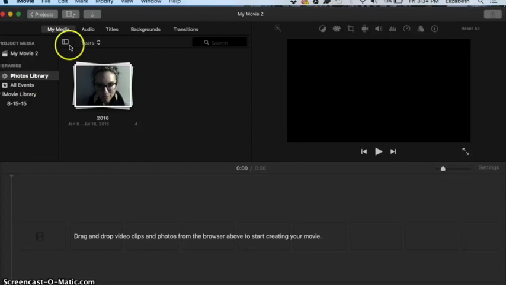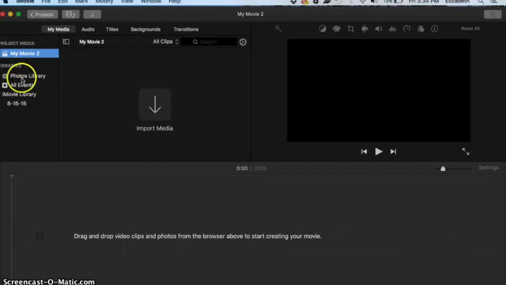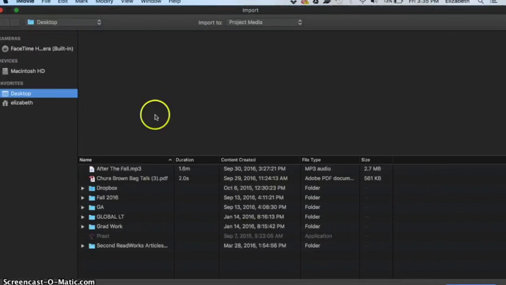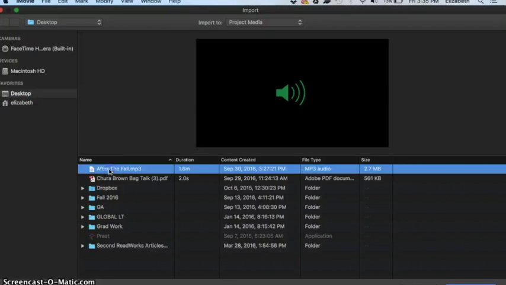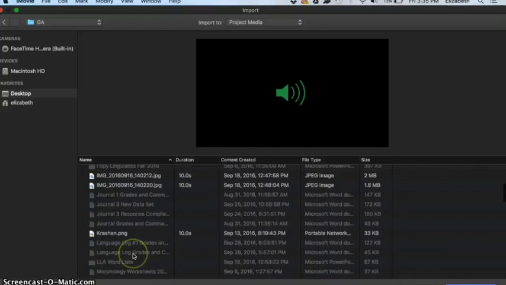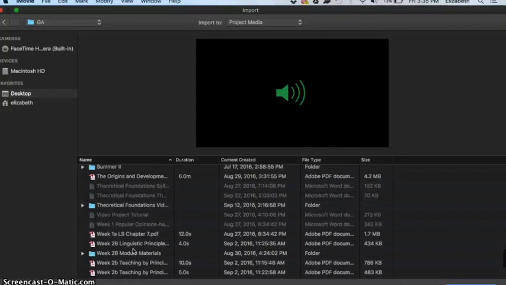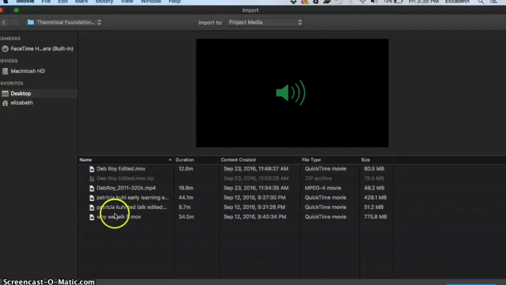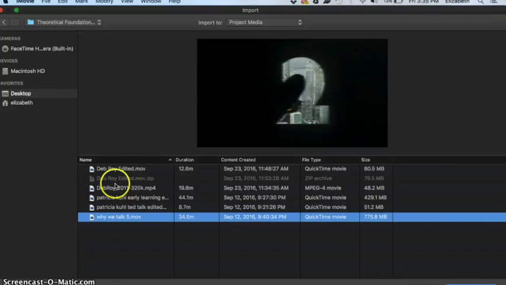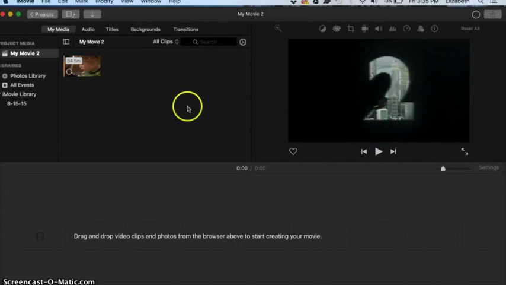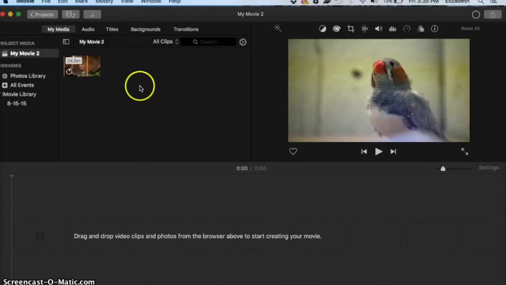And so here I can look and see, okay, I want to import some media. So I'm going to get the files I want off my desktop. So here's the sound I want. I'm going to go in here, grab some videos to use. So there's the video clip,